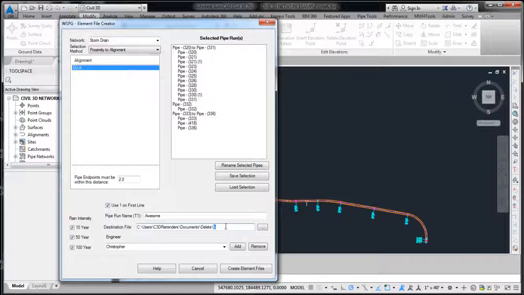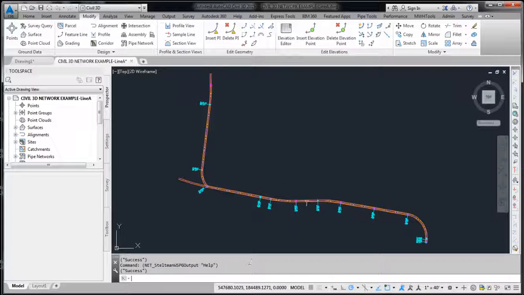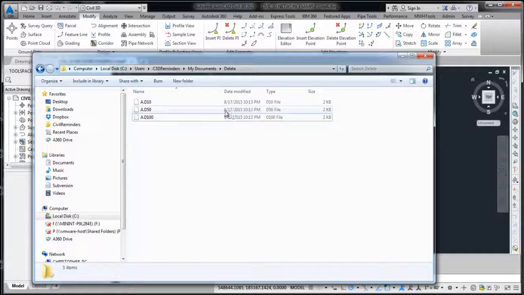Here I can choose where I'm going to save it. I'm going to have it do A, and then it'll add the 10, 50, and 100 year to each one of them. So this is just the name of the file. Then I just hit create element files. It'll go through and run it. I could then open up the location and I can see that they're located here. I can open up the file